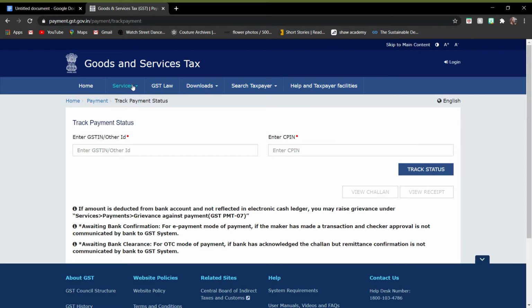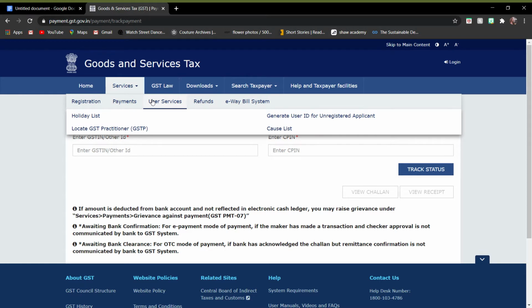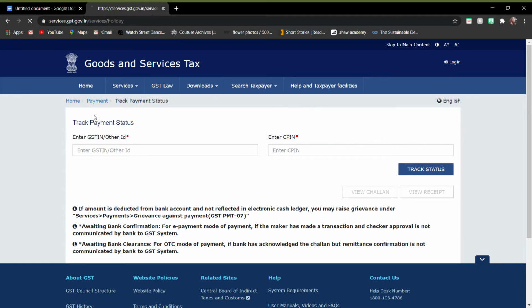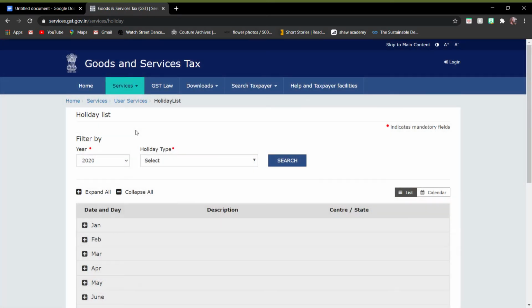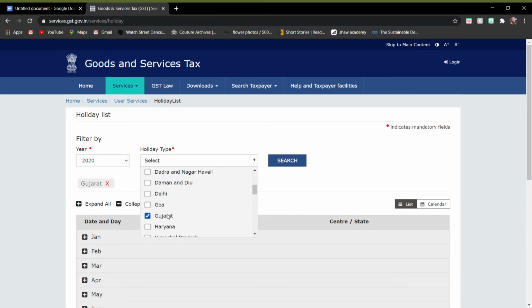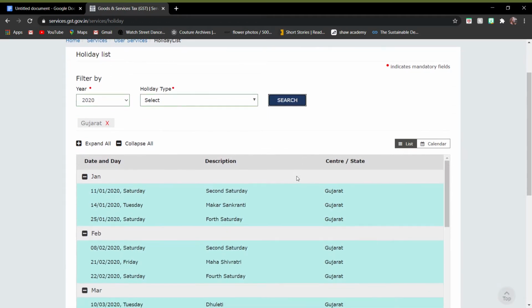The next service, which is the user services, the first one under this is the holiday list. In the holiday list, there is a filter available where you can put the year and then type the holiday type, and then here you can select any state, such as we can select Gujarat over here and click the search option.